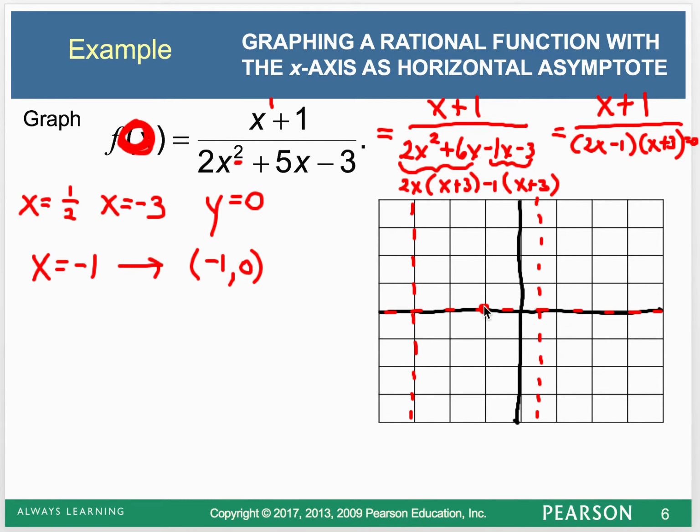Hey, that also tells me that it is touching or crossing this one, so it saved me that step again. Now let's find our y-intercepts. Y-intercepts is when we let x be 0. So if I plugged in 0, let me change this